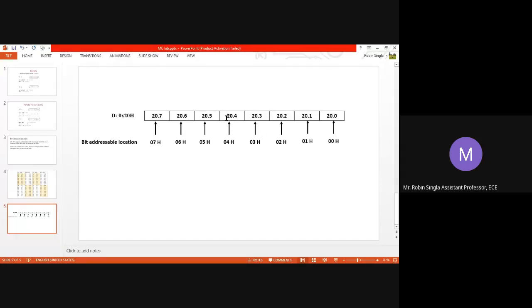Now each bit of this byte memory is a bit addressable location. So how will we give addresses to these bit addressable locations? The first bit is 00H bit addressable, second is 01H, third is 02, like that. Last one is 07. This is your bit addressable memory location.